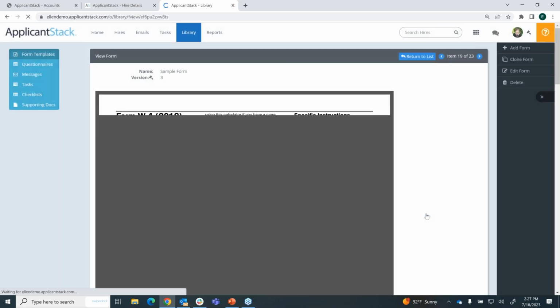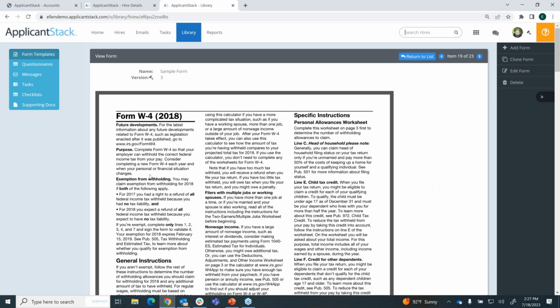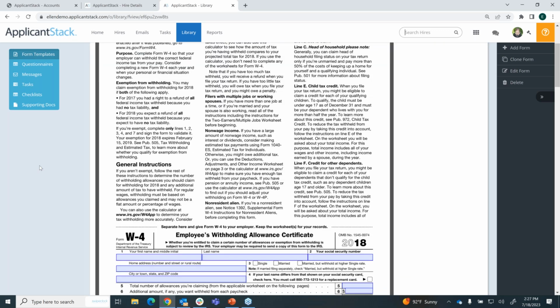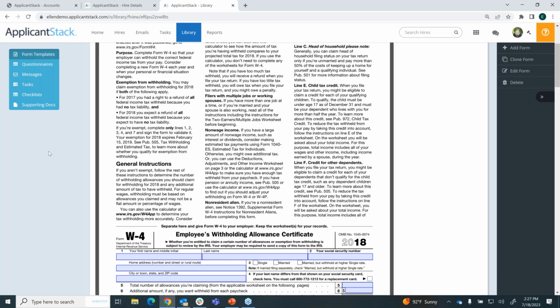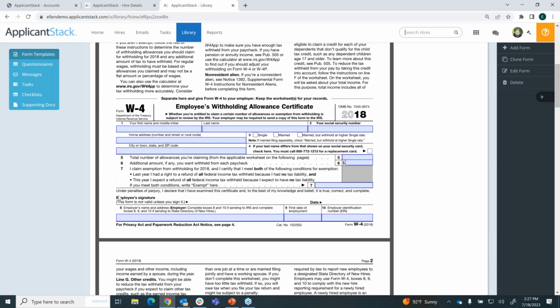Once you upload a form, you do have the ability to modify or edit the form in ApplicantStack onboarding. I do suggest that prior to uploading the form, you make it as final as possible with fillable fields, etc. But this is an old W4, but it's a really good example for me to show you some of the editing capabilities of forms in ApplicantStack onboarding. So you'll notice here, this form does require an employee signature, it does require a date, but those fields aren't blue, they're not fillable. So if I come over here to edit form from the gray menu on the right,